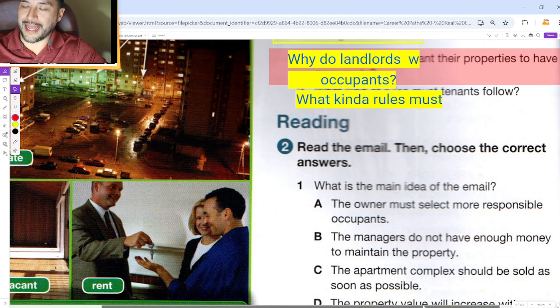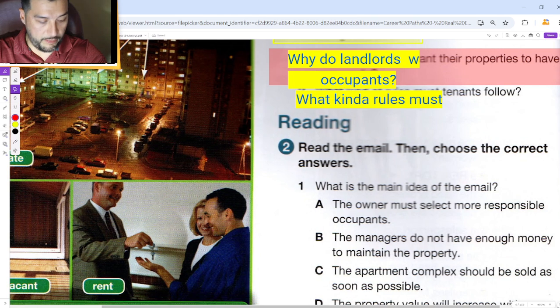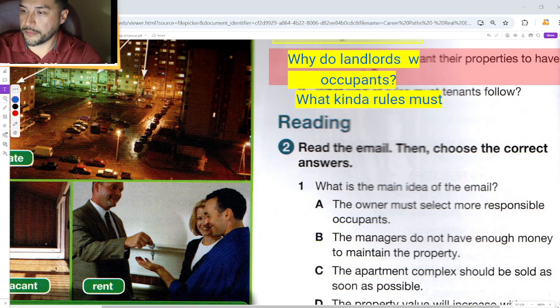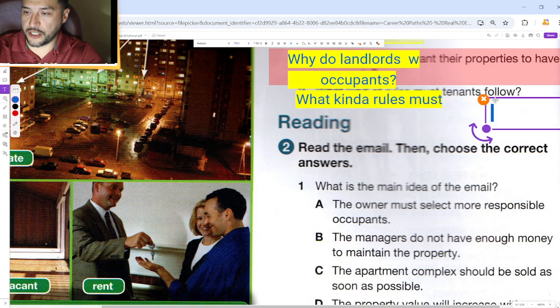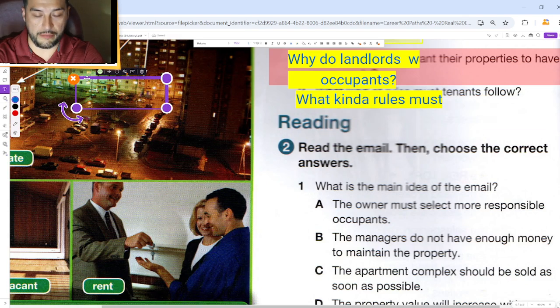Why do landlords want their properties to have occupants? In your notebook, prepare your notes. For example, write the question